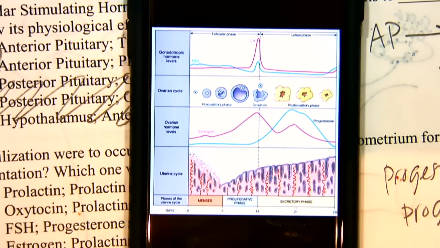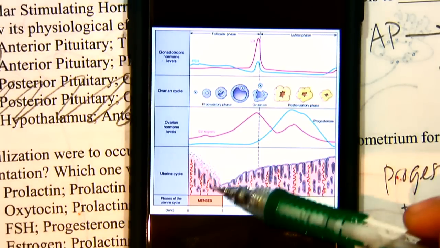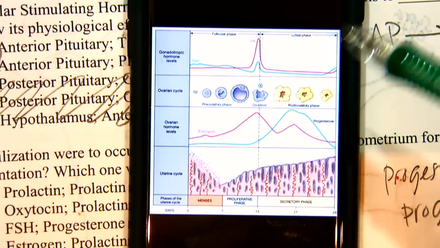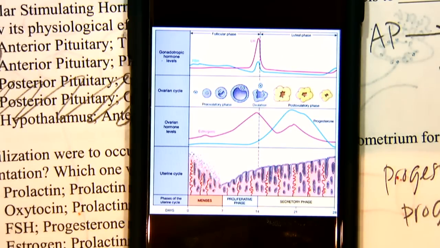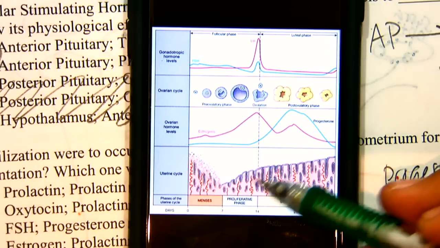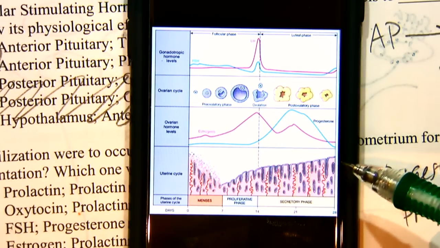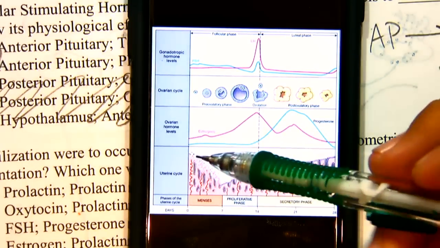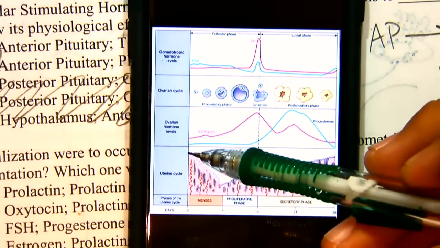So let's look at this picture. You can see menses. This is when she's having her time of the month. So what happens when progesterone levels increase? We see that the endometrium lining is also increasing. And then again, when the cycle's over, on day 0 or 1, we see a drop, and that's when the